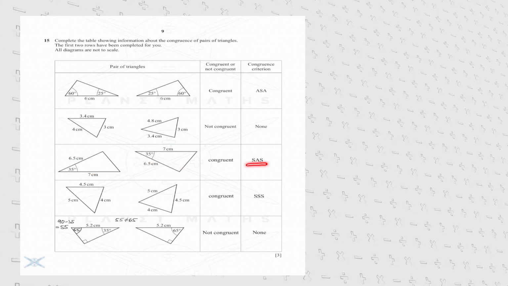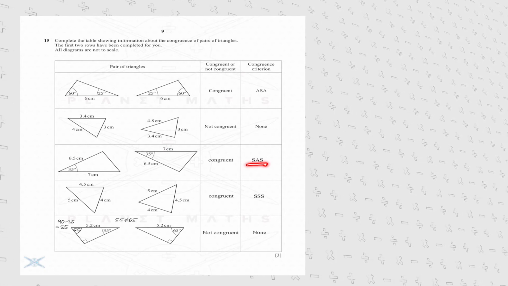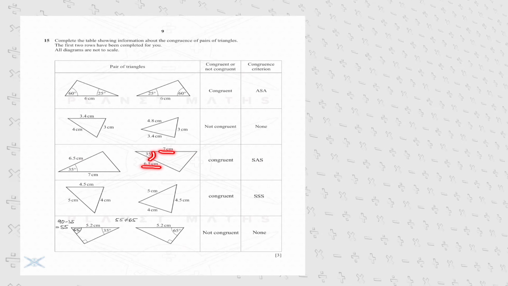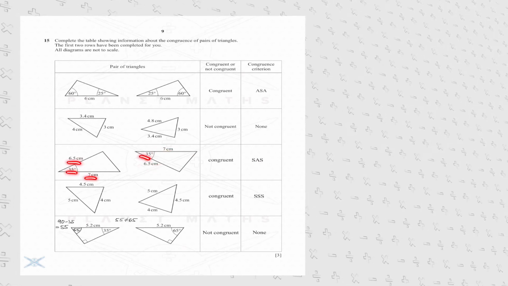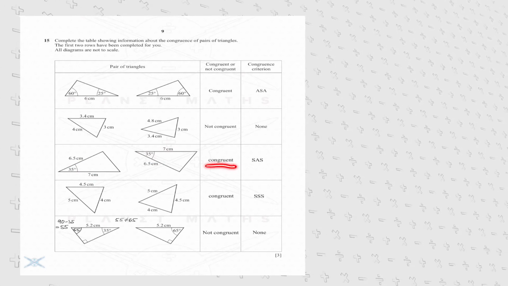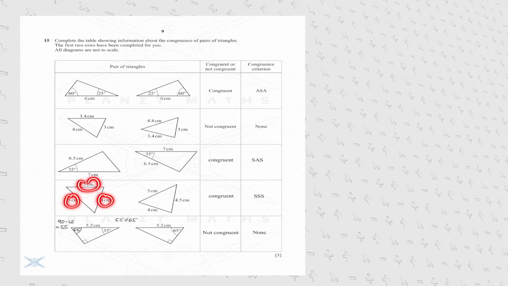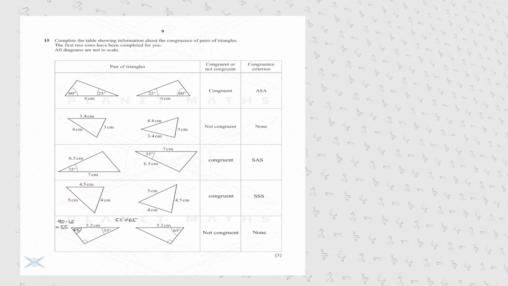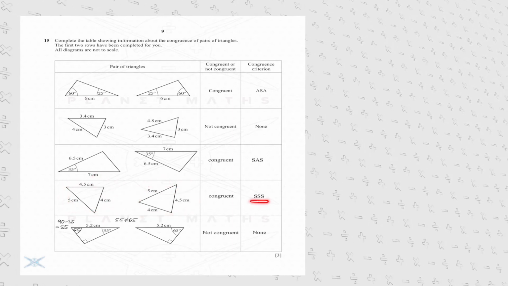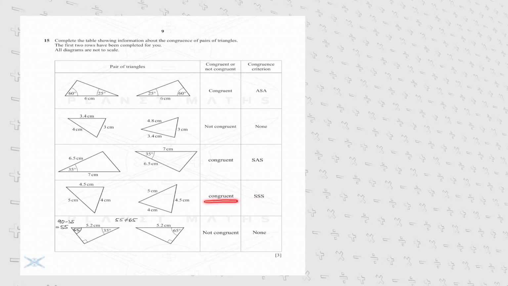So since we are working with the congruence criterion of an SAS triangle, meaning that we are provided with the length of one pair of sides including the angle, and all of the values of the length and of the angle being the same, we can conclude that this pair of triangles is indeed congruent. Concerning the fourth set of triangles, all of the side lengths are provided and also the same and also within the same orientation. Therefore, we can apply the SSS criterion and conclude that this pair of triangles is also